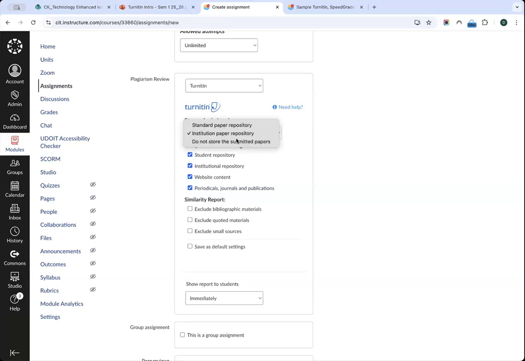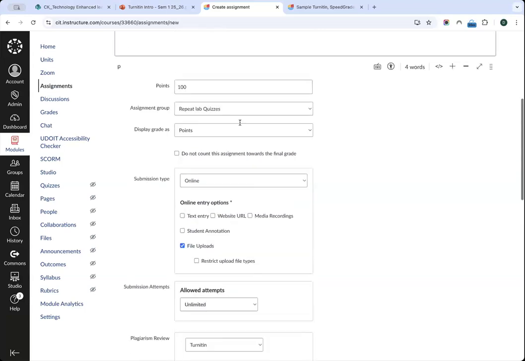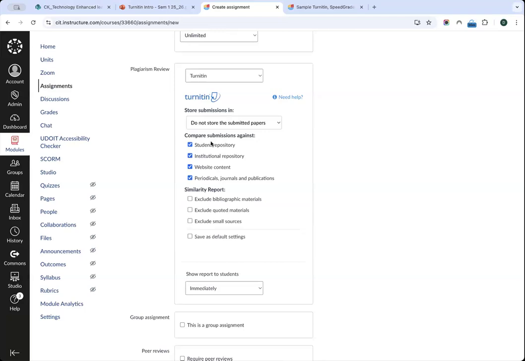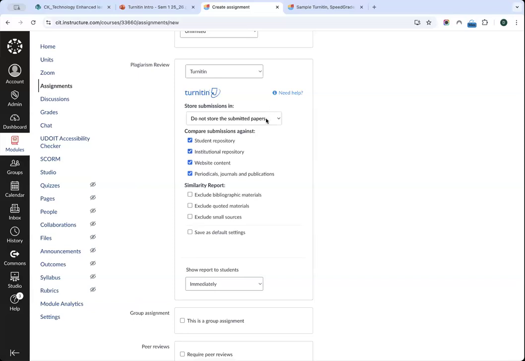And finally, the final option is to not store the submitted papers. All that means is that students will submit against this assignment, Turnitin will check their work against student repository, institutional repository, website content, and so on and so forth. But it's not going to store submissions to this assignment. So essentially, Turnitin is not going to retain any of the submissions that are going to be made against this particular assignment. That probably is more confusing than I intended it to be, but hopefully it makes some kind of sense. It's up to yourself what you are comfortable with, but if you're unsure, you could always ask students,